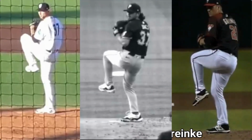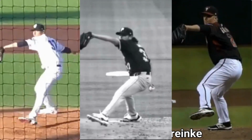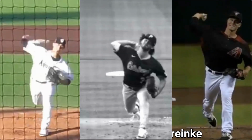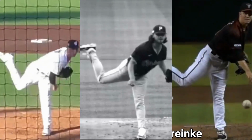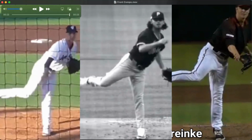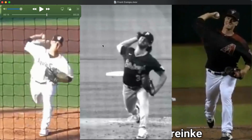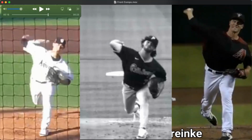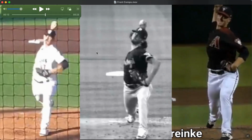If we watch that again without any interruption, into foot strike, out of foot strike. Everything staying in line with our target. And then noticing as they're getting into release, where are those chin and chests going? To the target. To the target. The angle of our trunk,